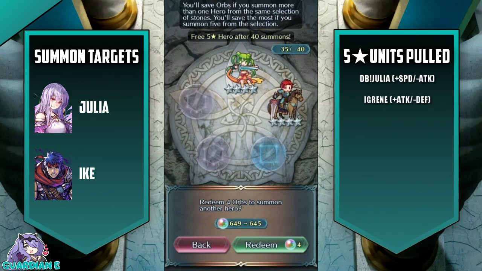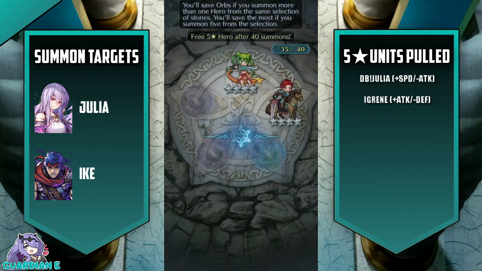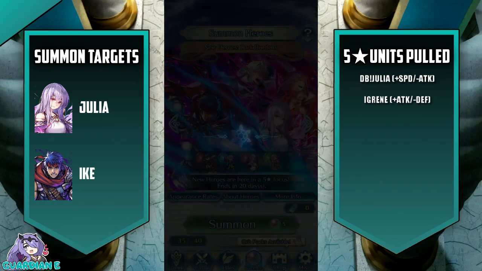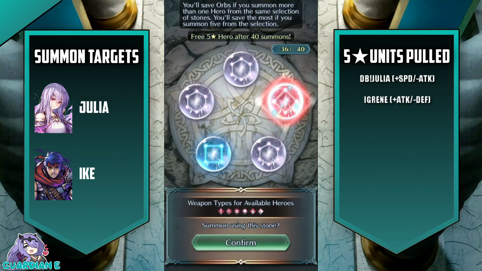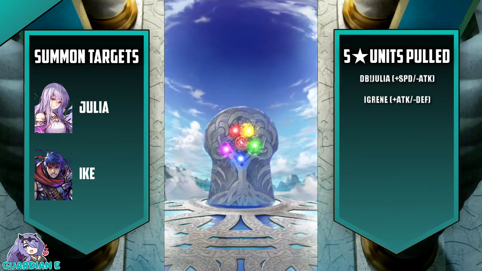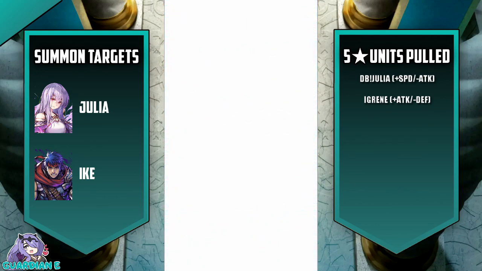The other element of this, of course, is that they're new heroes. They're not special heroes, so they're going in the regular summon pool. There is always the chance that you will get pity broken by one of these characters in the future. Or I guess more specifically, I will get pity broken. So, hey, that could happen, and I could get another Julia, and then...